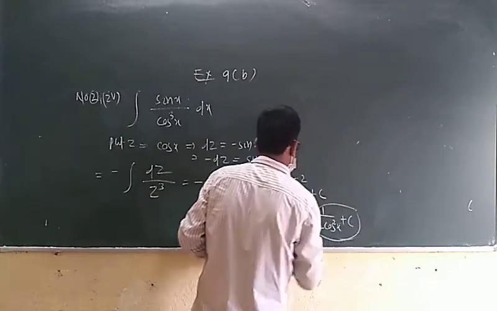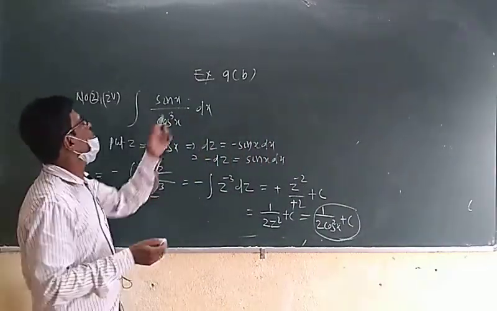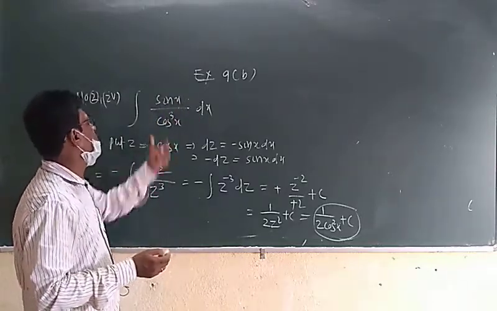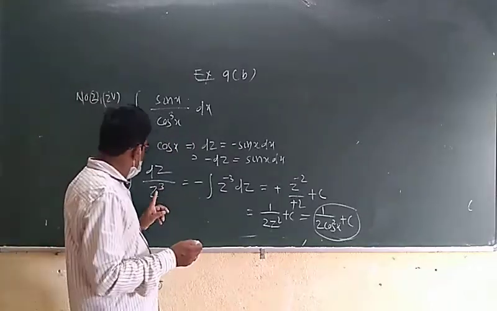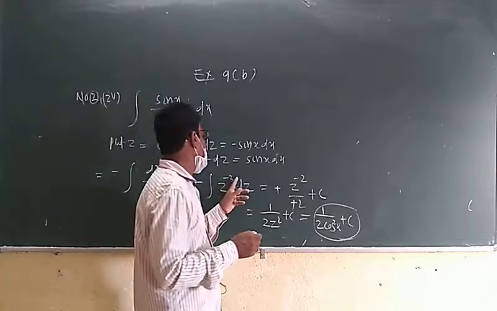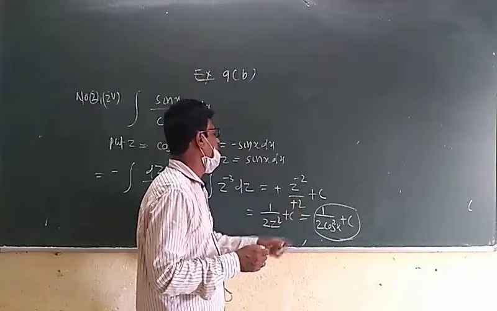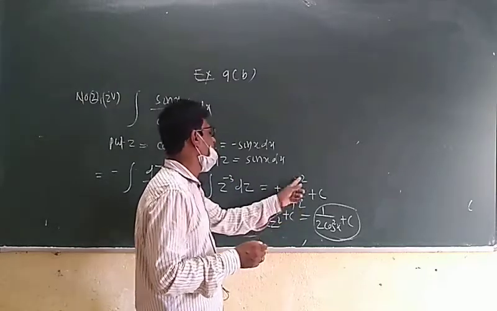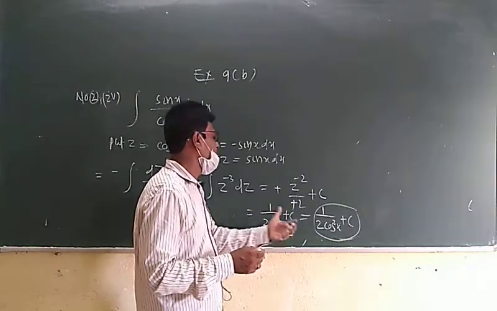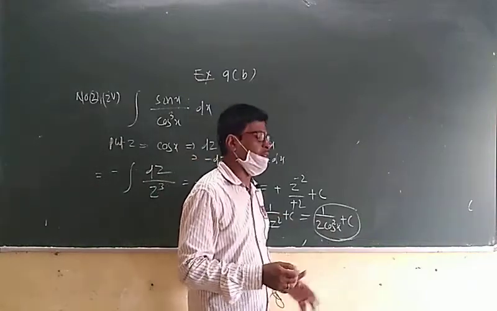That's your answer. Look again, I am discussing it: dz by z cube, because sin x dx is minus dz by z cube, cos x is z, cos cube x is z cube. Z in the denominator goes to the upper side, that is minus 3. When integrated, z to the minus 3 plus 1 equals minus 2 divided by minus 2. That is minus, that minus and that minus going plus. So z to the power minus 2 goes to 1 by z square, because minus 2 is in the upper side, they go to the denominator side, 1 by 2 z square plus c. So the value of z is equal to cos x, z square is equal to cos square x, 1 by 2 cos square x plus c.